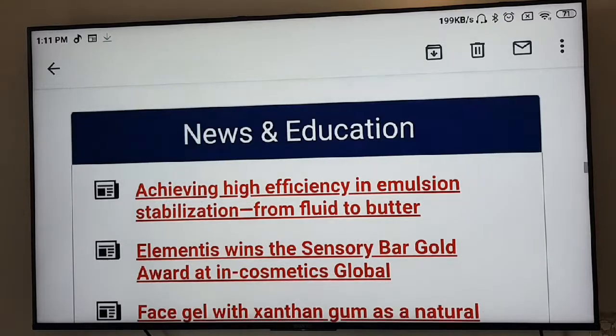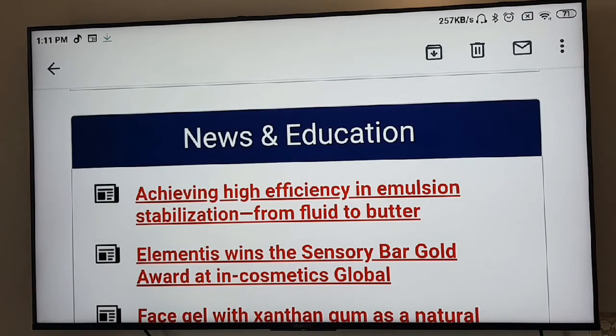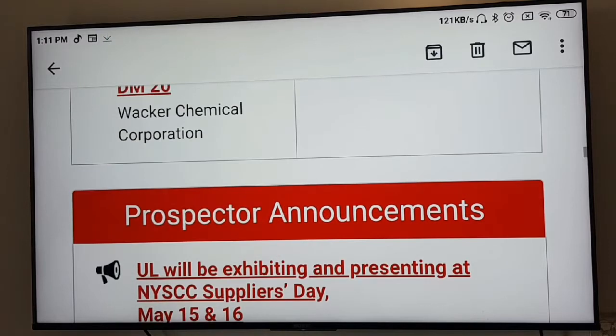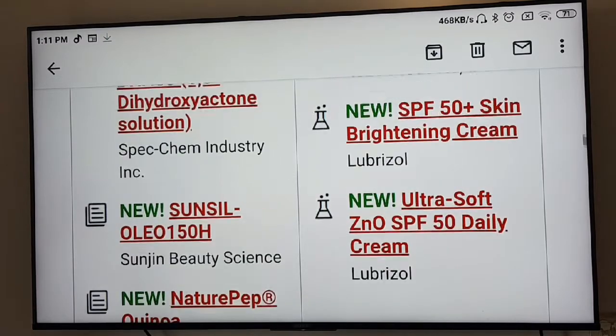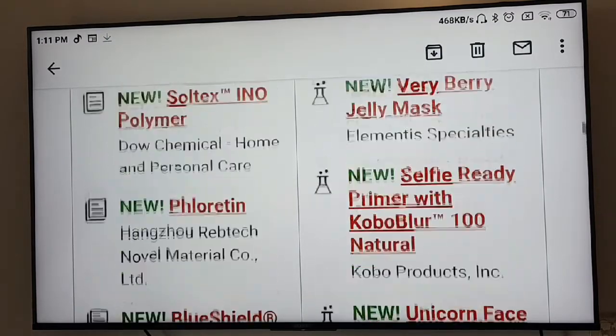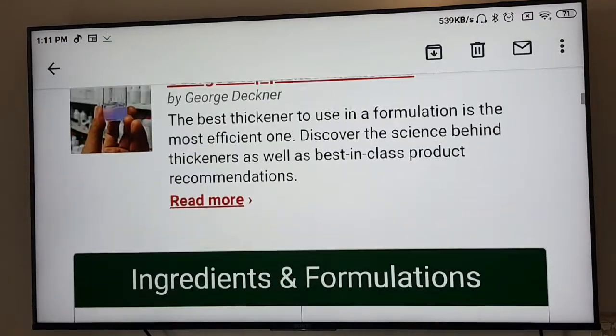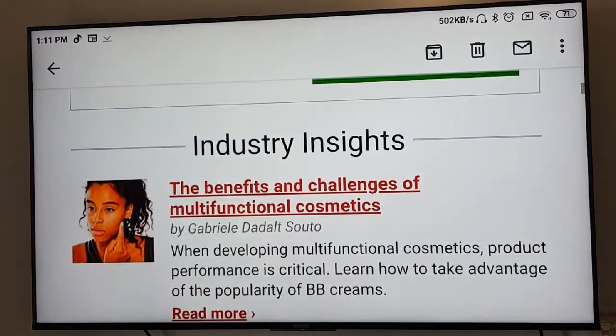So if you get into UL Prospector, you can have these articles also, and read them. It's very informative, so you can keep updated on all the recent happenings in the industry.